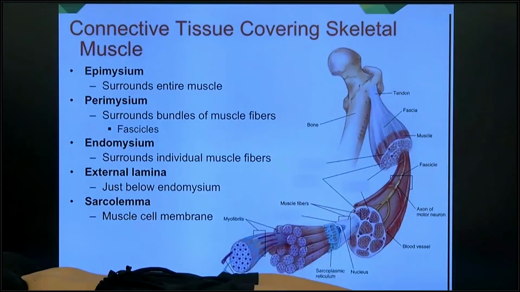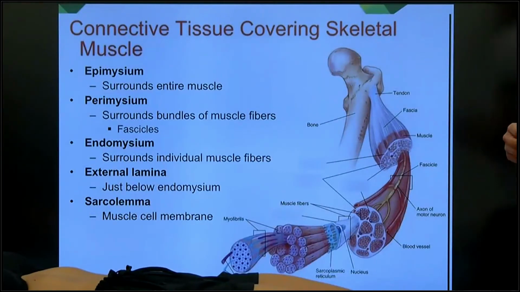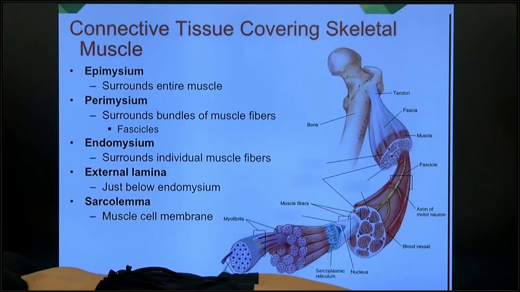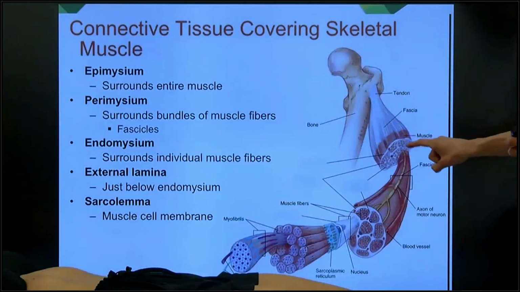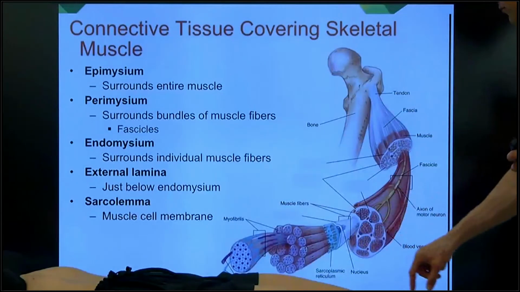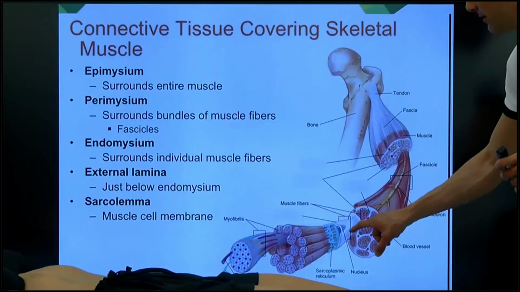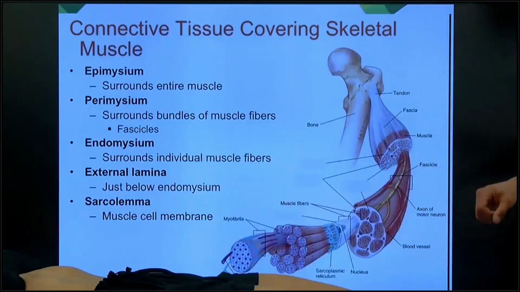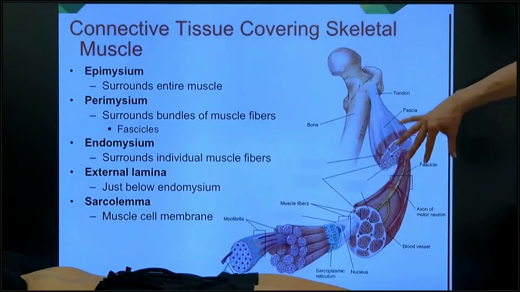Also, we got to understand the role of the fascia, because the fascia is not just a container. It doesn't give us our shape, but has a key role on the receptors, on the proprioception of our body. Here we can understand how the interior connective tissue, the fascia, is actually connected one to the other. For example, from the epimysium, we go back on the perimysium over here. Then we got the endomysium, which one here. Then we got the external lamina and the sarcolemma, that are all part of the same connective tissue.